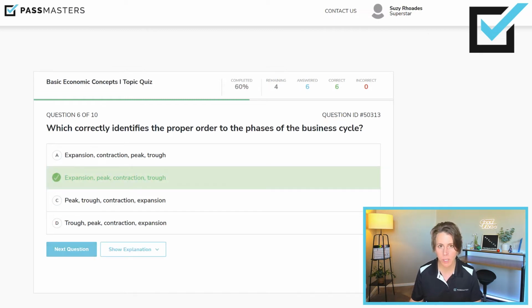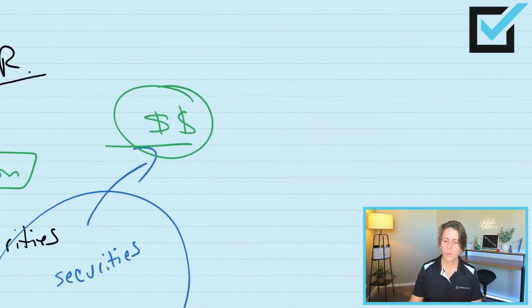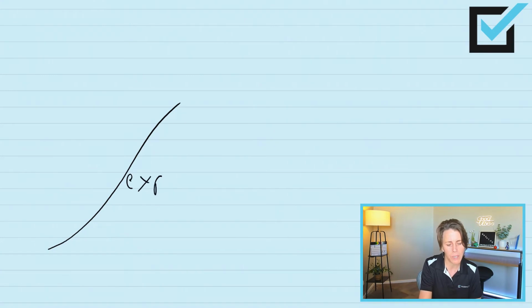So, always questions here. Let me show you what this looks like. So we know the 4 phases of the business cycle. What we do not ever get to know, unfortunately, is how long a phase is going to last. So we want to live perpetually in an expansion. I mean, I know I do. So expansion, sometimes called recovery, is when the economy is growing.